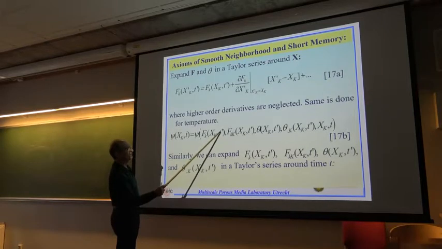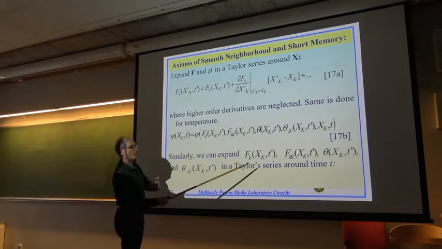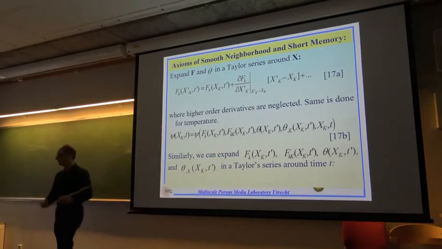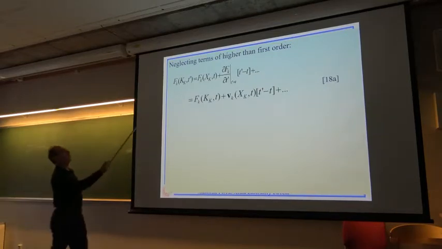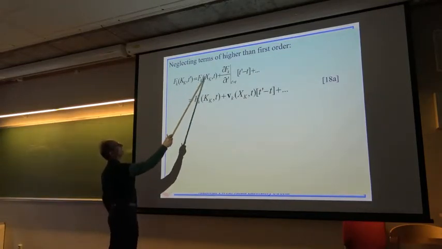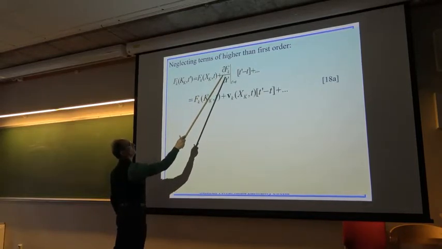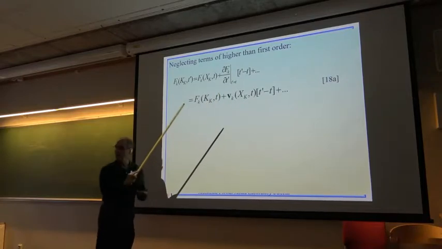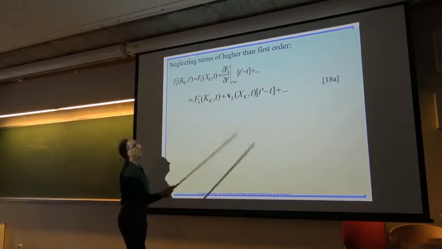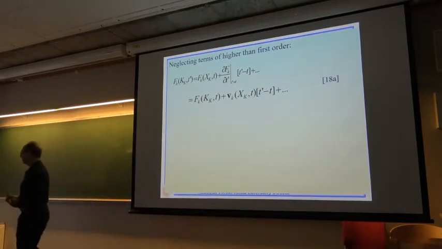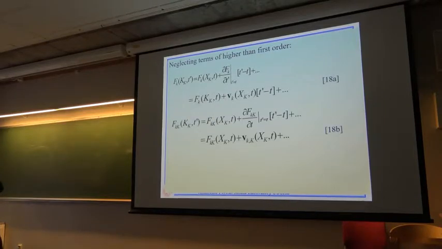We can now expand T prime, which is all previous times, around the current time. So we expand them in a Taylor series around the current time. That means, for example, Fk of this becomes the motion of the current point at the current time, plus the derivative of motion. What is the derivative of motion? Velocity. So that's velocity, and then the time derivative of velocity, that's acceleration, and so forth. And we do the same for the,